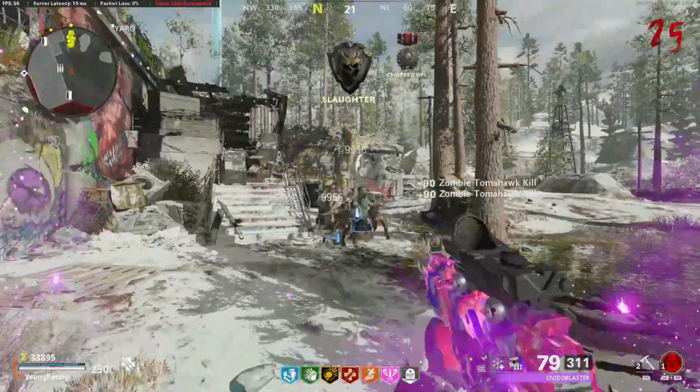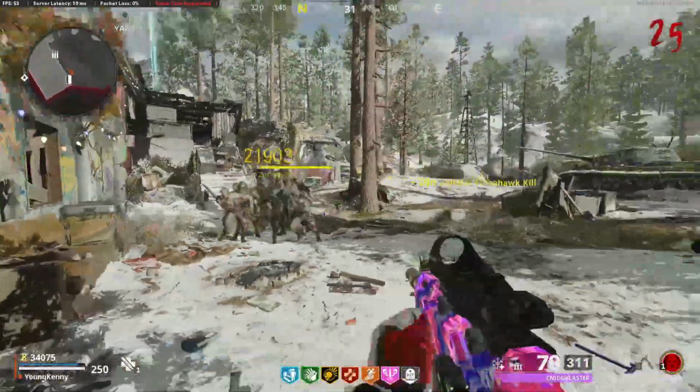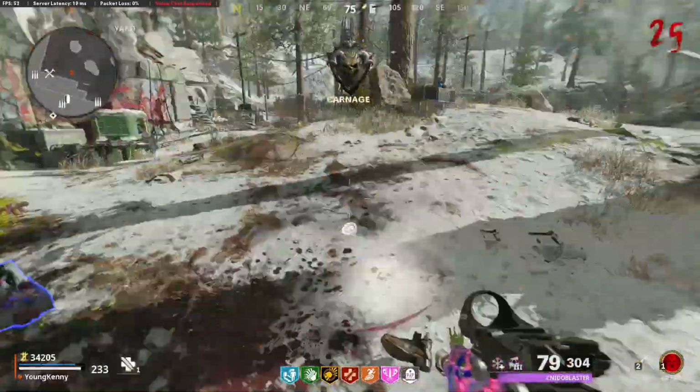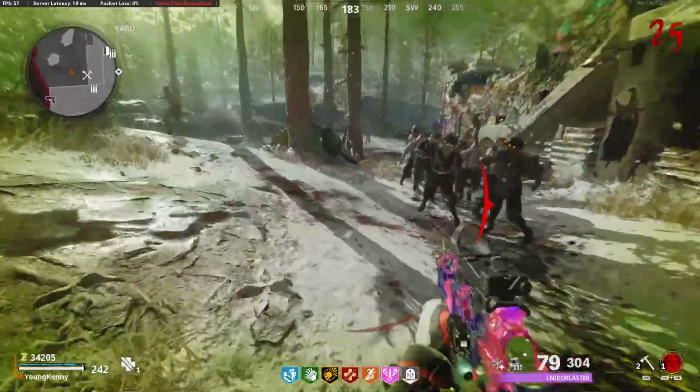Dark Aether is the final camo that you get in zombies, and you're looking for the best tips on how to get this skin as fast as possible. Well, in today's video, I'm going to go over everything to get this skin as fast as you possibly